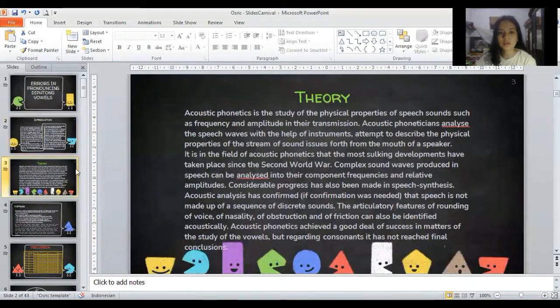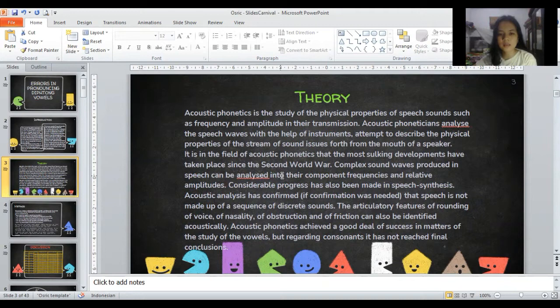And the theory is that acoustic phonetics is the study of the physical properties of speech sounds, such as frequency and amplitude, in their transmission. Acoustic phoneticians analyze the speech wave with the help of instruments, attempting to describe the physical properties of the stream of sound issued forth from the mouth of the speaker.